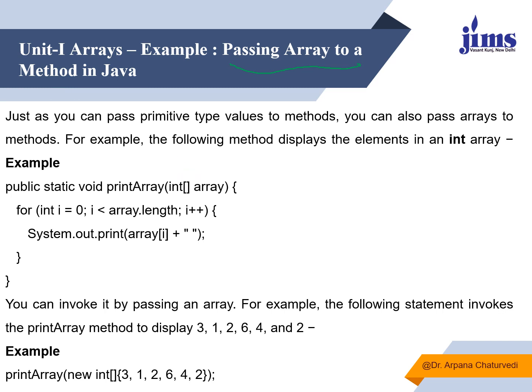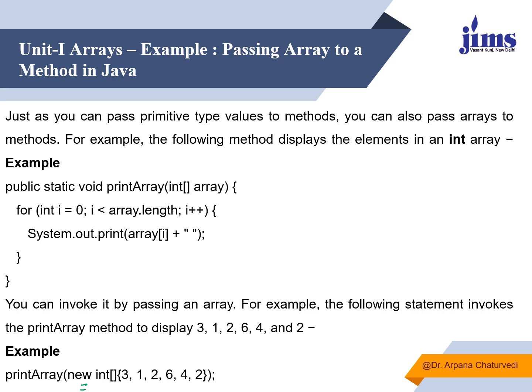So now see, we will make a class which is calling this function. How will this function get called? This function gets called with an array. Here I haven't mentioned the name of the array, but I have declared and initialized the array with all these values at the time of declaration only. New is going to allocate the memory. The memory will be allocated of size 4 bytes per element. The total number of elements in the array is 6. These values get copied in this array, and when you print, you see the first element is 3, then 1, then 2, then 6, then 5, then 2. So this is how we can pass an array to a method.